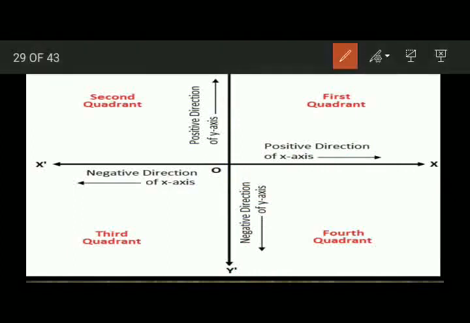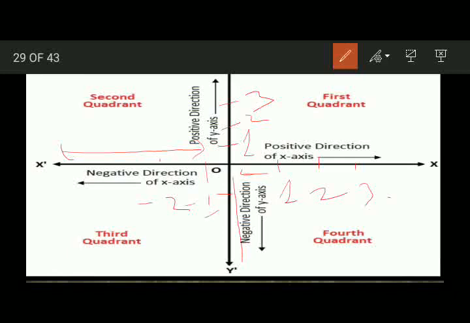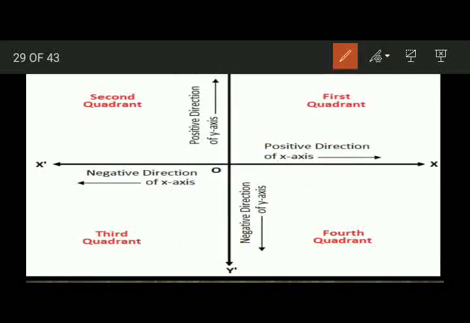We have the values here as 1, 2, 3 and so on. Similarly, this is the positive y-axis. We have the values 1, 2, 3, positive values of y. This is the negative x-axis. We have the values as -1, -2 and so on. And this is the negative y-axis. We have the values as -1, -2. You know this better. Now, this is the origin. We all know that this is the origin.